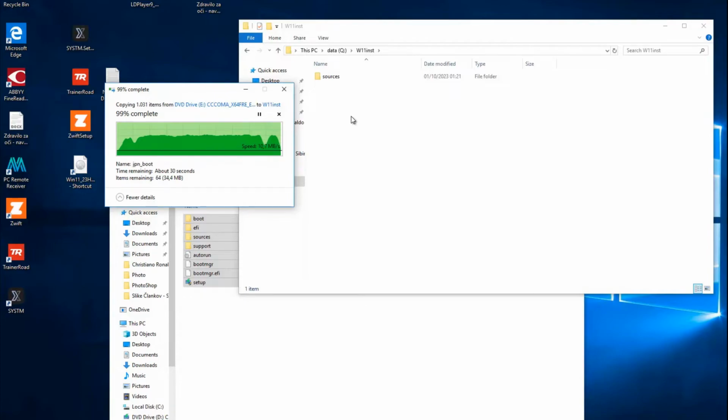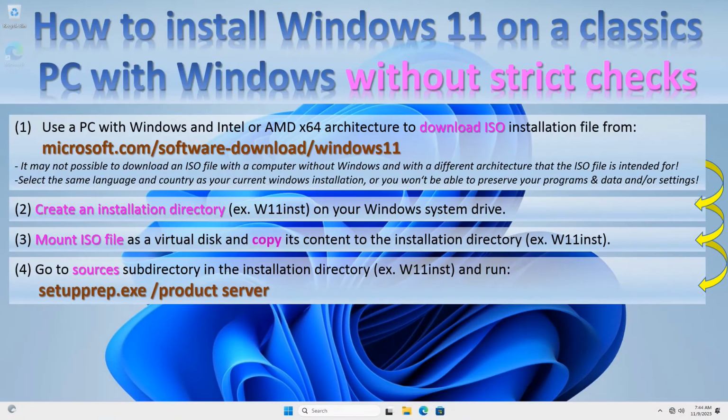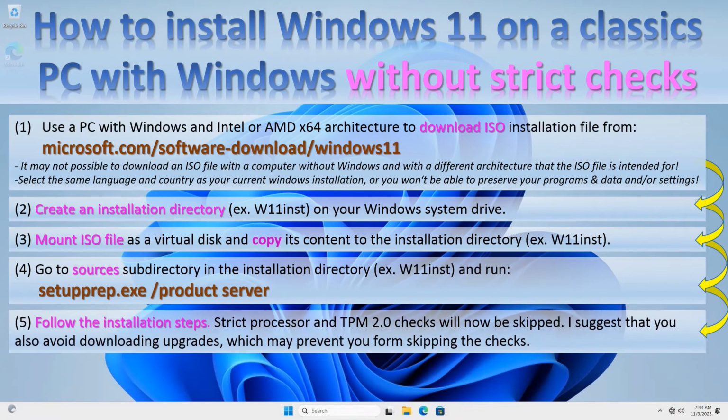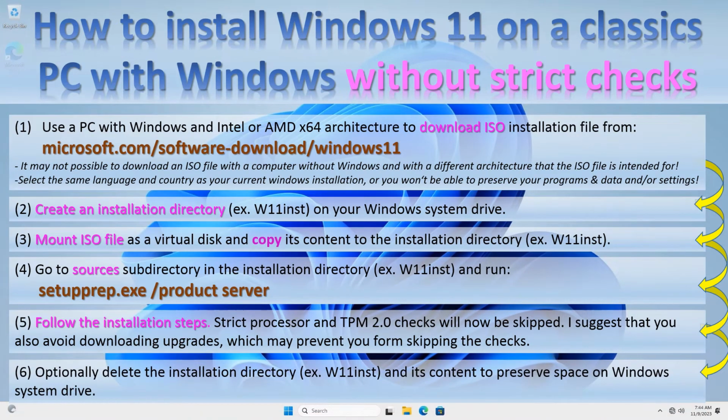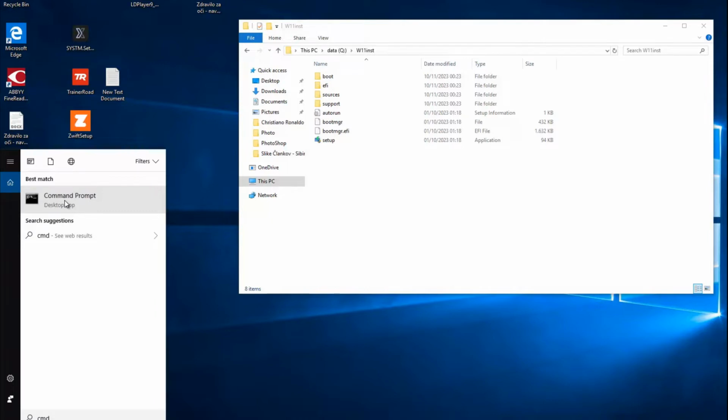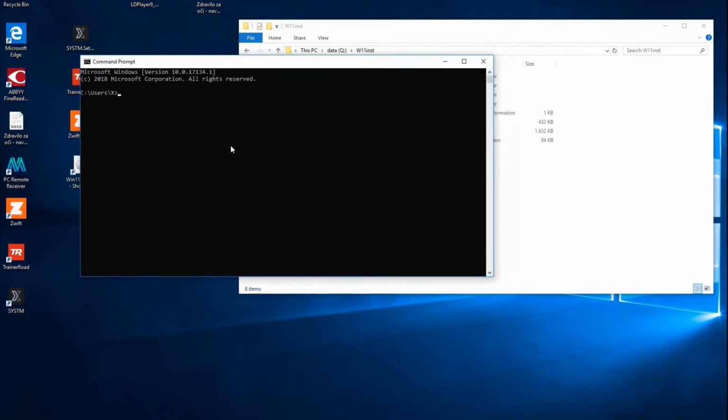Create a new directory that will only be used during the installation and copy the content of the ISO drive into it. Now, open a command window and go to the newly created installation directory and browse to a sources subdirectory. Run setup prep command with server setting as shown in the video. Don't worry, you will not install a server variant of Windows 11. The procedure will only prevent a strict processor and TPM2 check, which will allow you to run Windows 11 even